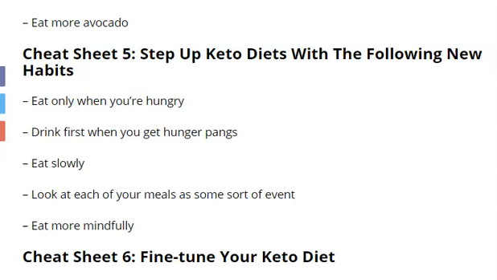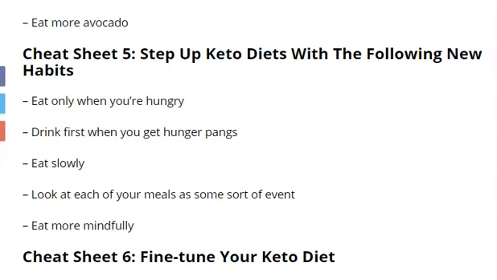As I mentioned, when you eat fatty food, you feel less hungry. When you're hungry, drink first, and eat slowly, and try to form your own ketone diet style, a new habit to eat more fat, eat less frequently, and reduce carbs significantly.